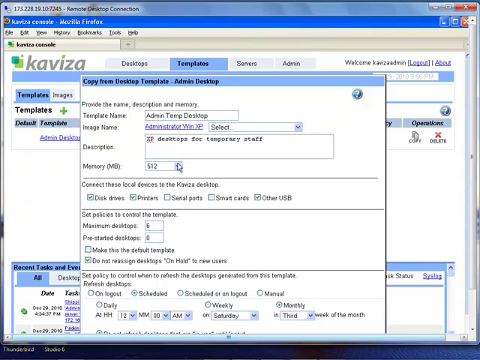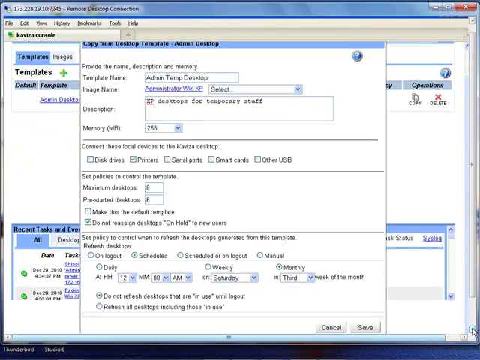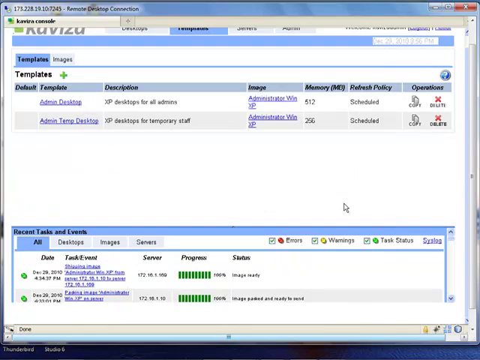Perhaps our temporary staff don't need as much memory on their desktops. Maybe they're not allowed to save anything, so we're going to turn off these options. And we want a pool of these desktops to be available for our administrative workers, temporary workers, so we're going to change the pool settings. We can also decide to change the refresh policies, which dictate how frequently these desktops are refreshed. So perhaps we want it refreshed daily at midnight every day. So the template is a place where we define these policies, and based on the policies we set, Kaviza dynamically